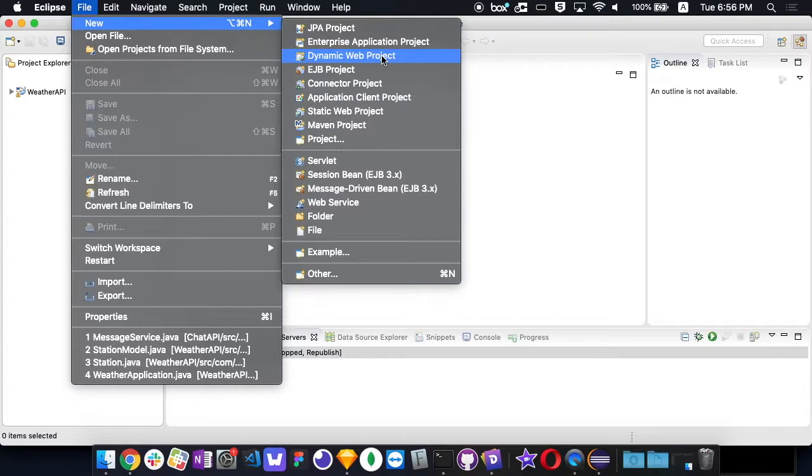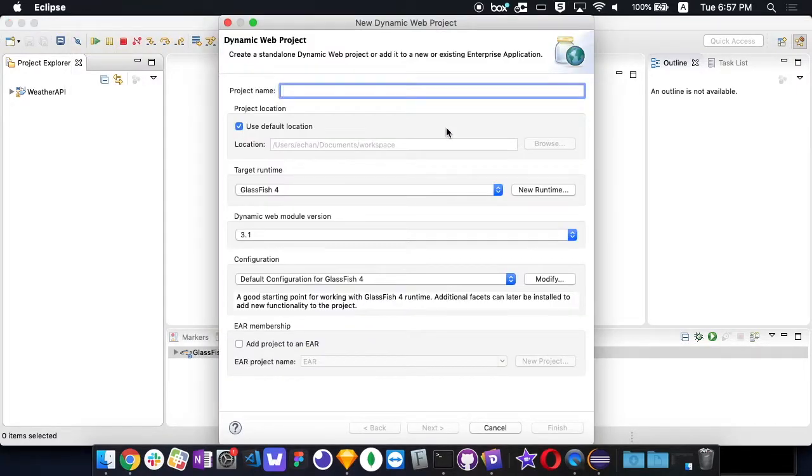So back to the setup. The setup will be a bit tedious in terms of there are a few steps to take note of, so it's not so straightforward. First of all, choosing the right project, which is a dynamic web project. When you choose a dynamic web project, Eclipse will ask you a couple of questions, like naming the project. Now, very importantly, when you name a project,